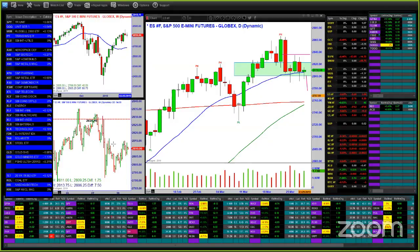So just looking at yesterday, it looked like it was ready. It did go down, and then it was able to regroup. And now it's back up against some resistance here. And we shall see if it can crack this range here. So as far as the S&Ps go, you want to keep an eye on this 2790-ish level thereabouts, or